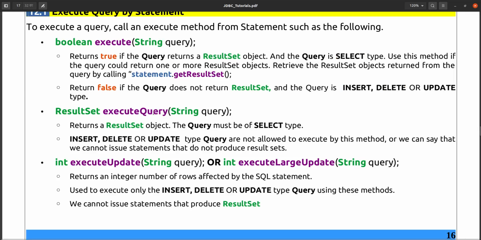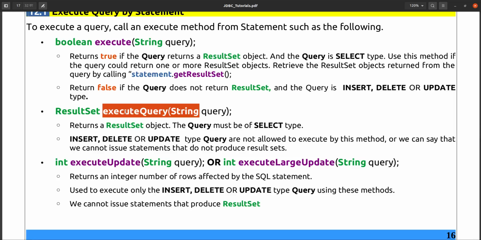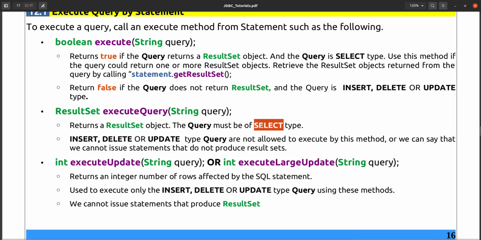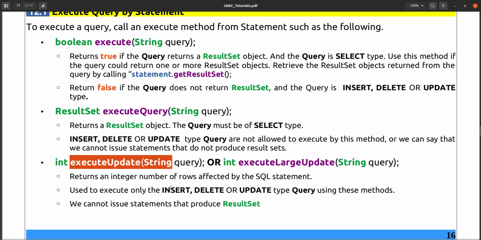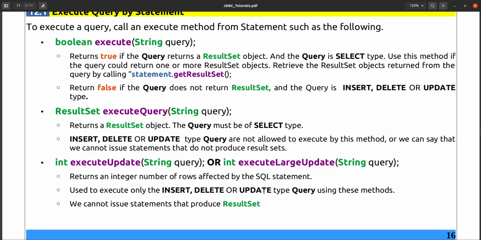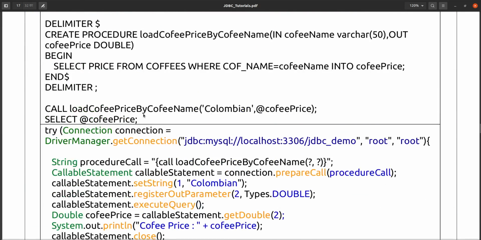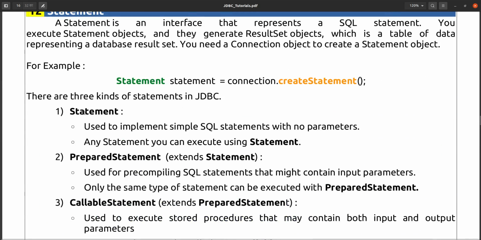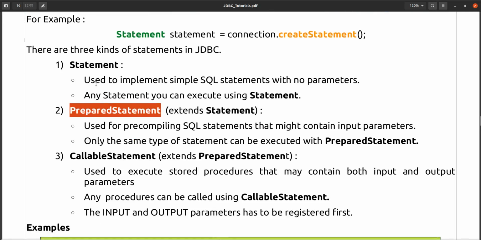But execute query can be used only for select type statements, and execute update can be used only for insert, delete or update type SQL statements. So these are the three methods that can be used to execute the statement, and you can use them according to your choice.